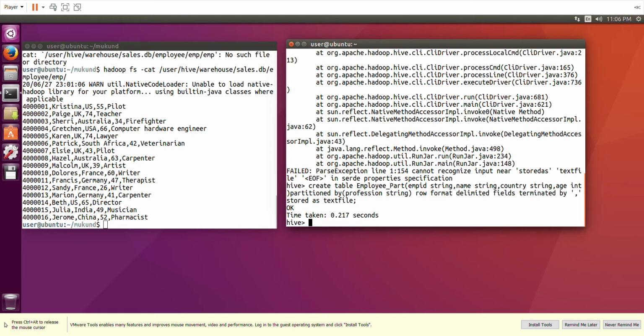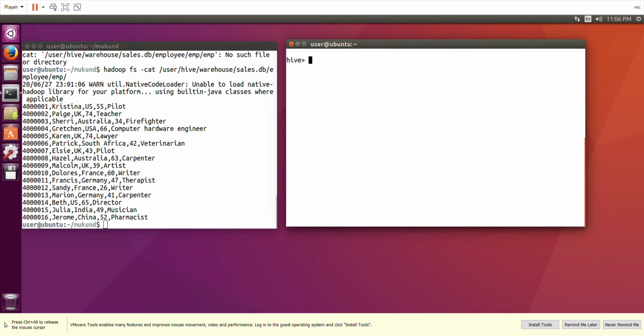Now the data will come from the original table, that was the employee table. Let us see, I say describe employee. So you have employee ID, name, country, age, and profession. All these things we have specified in the new table where we are doing the partitioning.